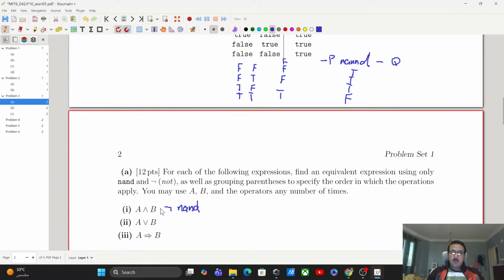Giving them not, and we'll give this, and then I'll give this, and we're looking for true, false, false, false. I'm not sure that I get this right, but